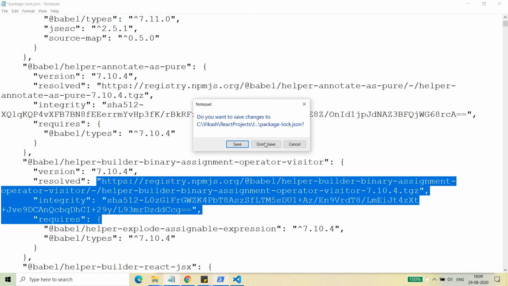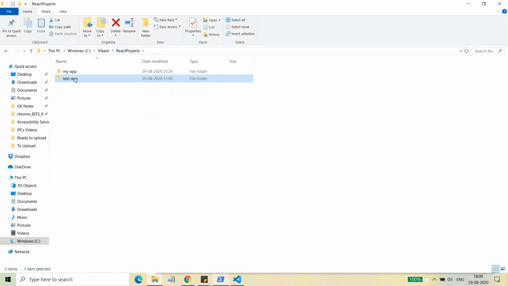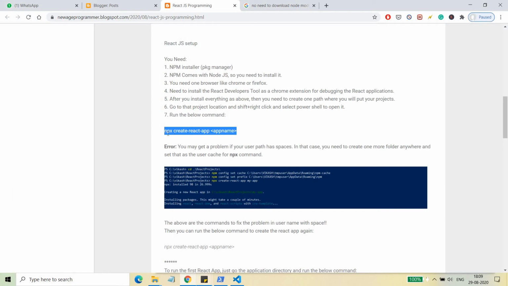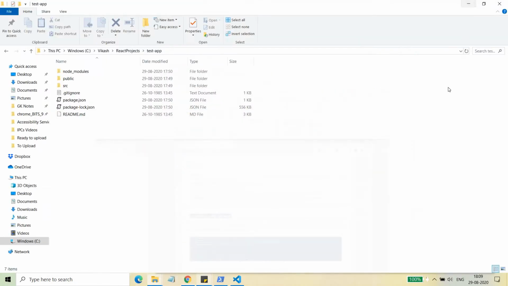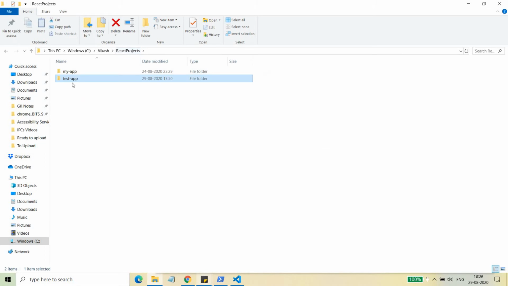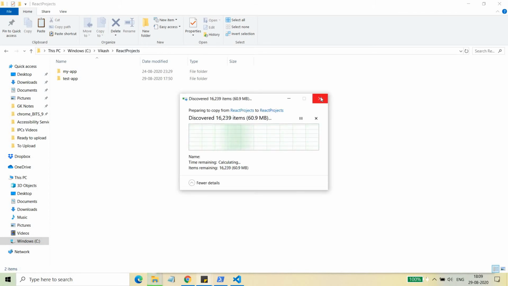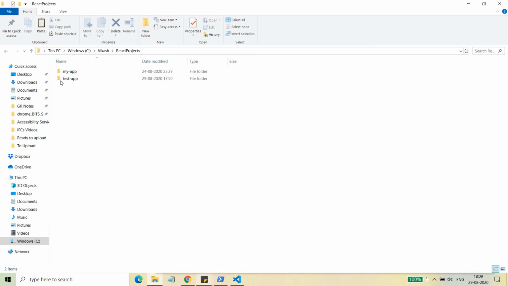So what I would suggest, guys, is that you don't need to install it again and again. I mean, you don't need to run the command which I told you in the previous video again and again. You just need to download it once and treat it as a base application for your use. After that, you just keep copying and pasting, and update it as per your needs, right? So I'm just removing it right now. You can just download a simple application using the npx command, and then you can create your own applications again and again by copying and pasting it, right?